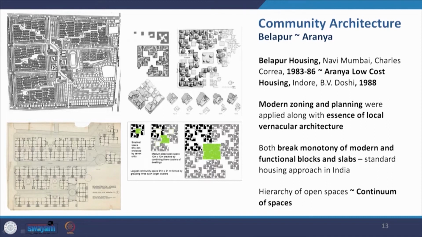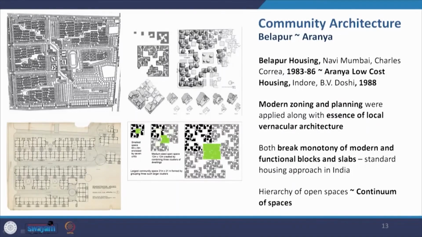In both cases, there is a hierarchy of open spaces which Charles Correa defined in his book as a continuum of spaces. There is a series of spaces, a hierarchy from small to bigger spaces. We will come back again to Charles Correa's definition, but to put it this way, Correa defines it by saying it is the courtyard of the house opening up to a bigger courtyard amongst a cluster of houses, opening up to a larger court which is among a series of clusters, and then moving out towards the Maidan and the fields of the village.